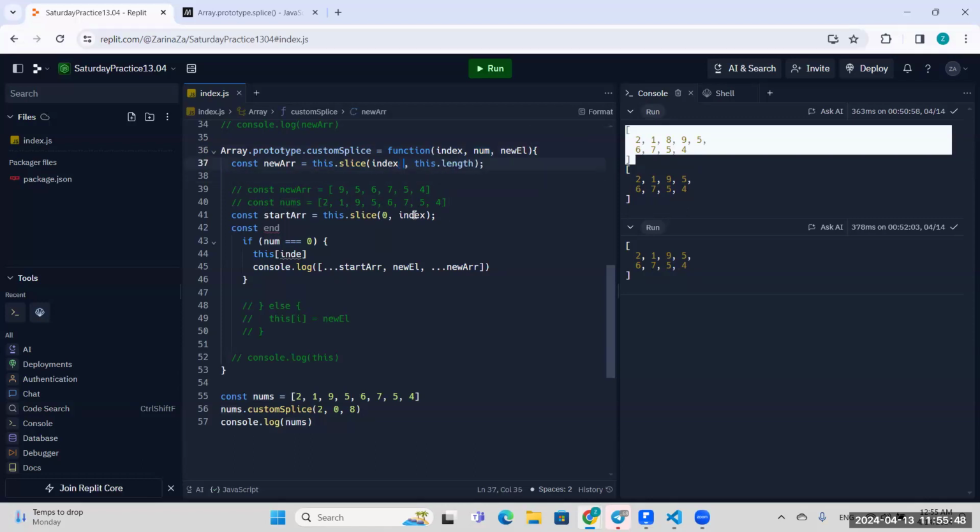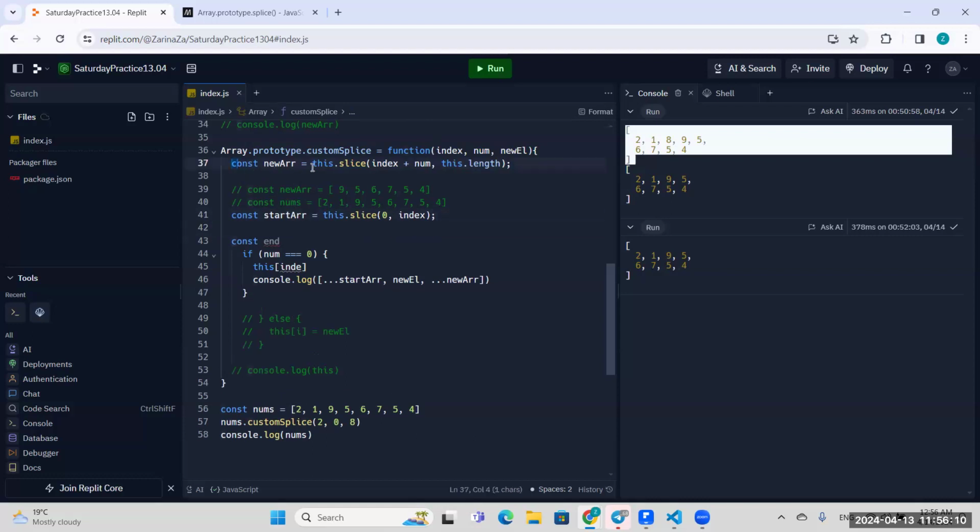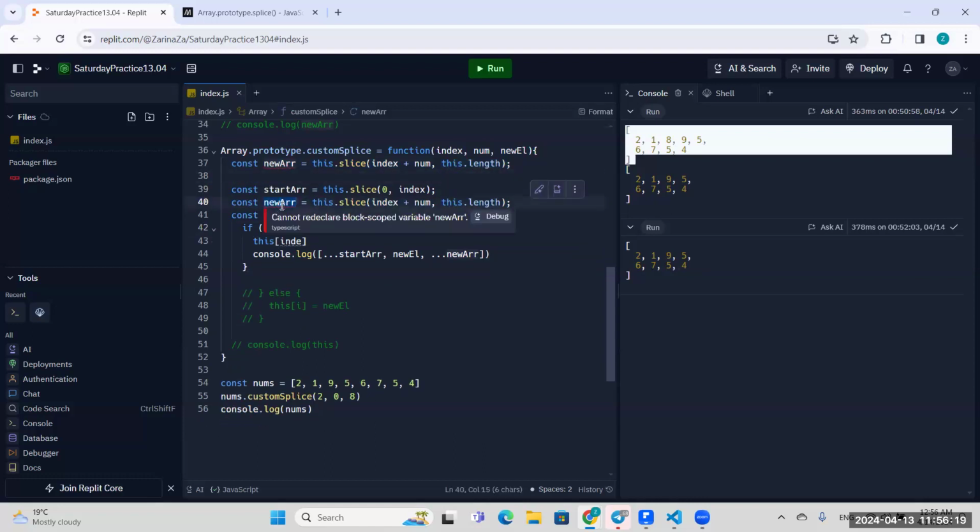Because you just need to do index plus num, right? If it's 0, it's gonna stay the same. Exactly. So now, could you move this part and place it here? Should I rename it? Yeah. So then we need to basically say that